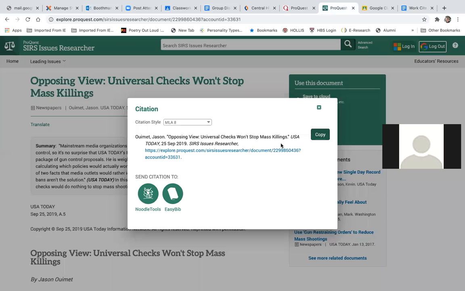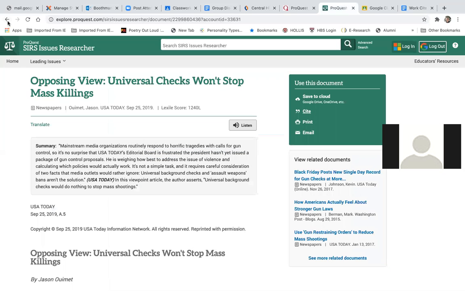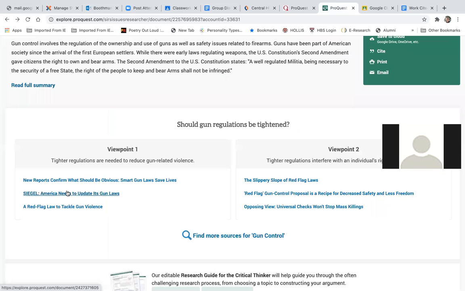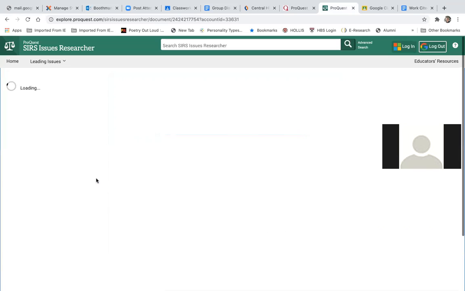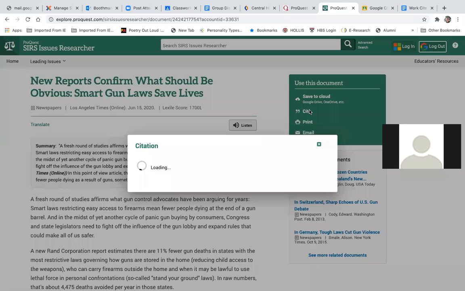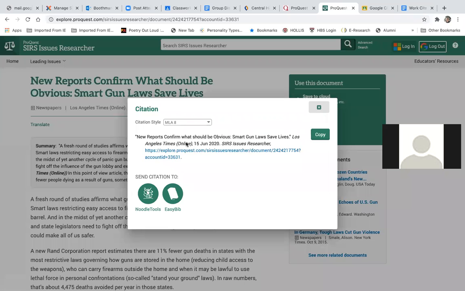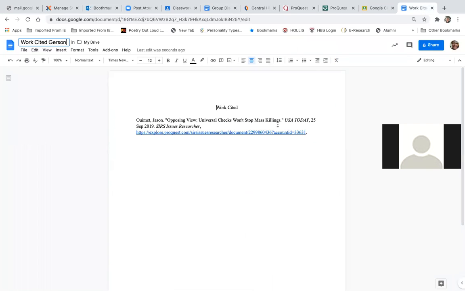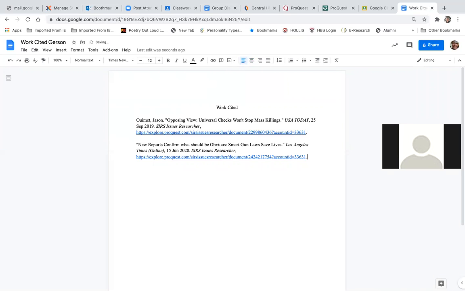Then let's go back and look at the other side: news reports confirm what should be obvious, smart gun laws save lives. That sounds like a good one. So now I'm going to go to site, make sure it says MLA 8, hit copy, go back to my works cited, and then just Command V and paste it.